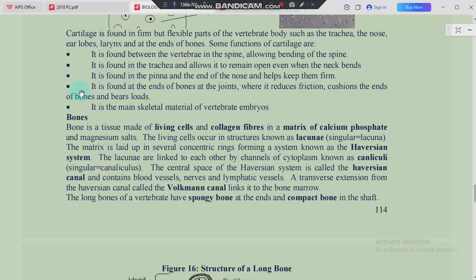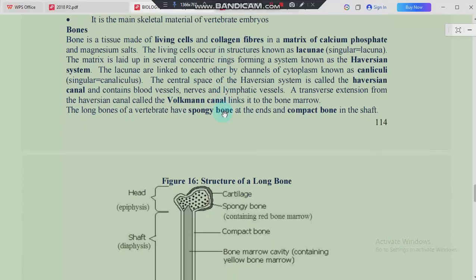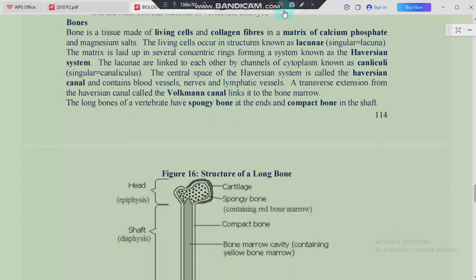So what is keeping the pinna, the nose, and all those things firm? It is the cartilage. Apart from that, it is also found at the ends of bones, at joints, where it reduces friction and cushions the ends of bones and bears loads. All this is being done by what we call cartilage. And last but not the least, it is the main skeletal material for vertebrate embryos. All right, so that is how important cartilage is. Now let's move on to another one, which is basically the bone. So when we talk about the bone,